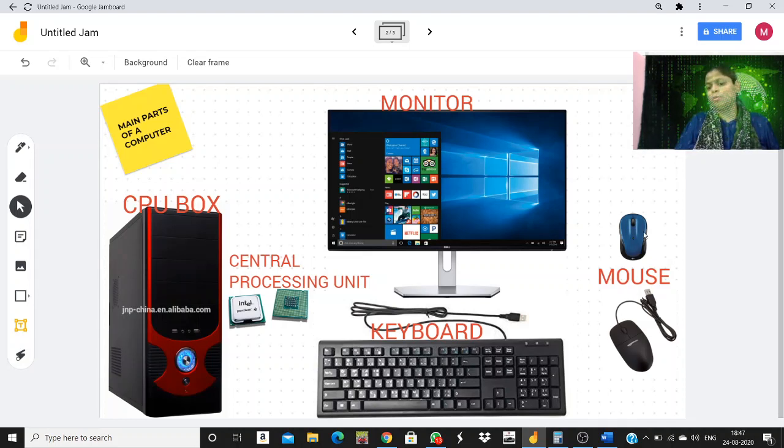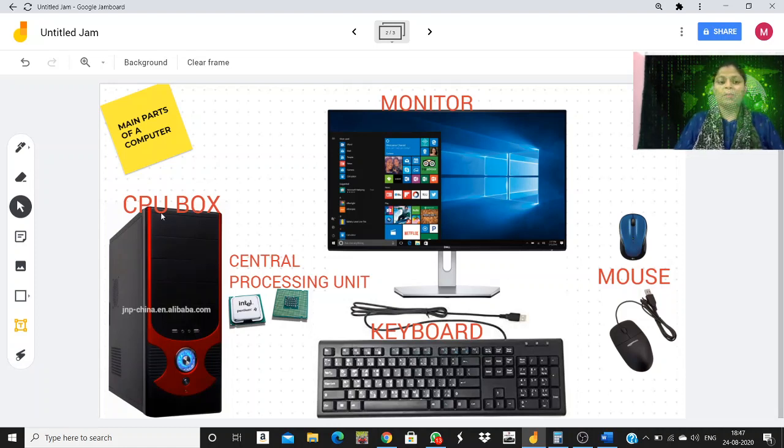See, I have pasted two pictures of mouse because this is a wireless mouse and this is a mouse with a wire which you can connect to the CPU. These wireless mouses are just like the remote controls. As you use the remote control, it works like that only. I hope you remember I have discussed this in chapter 4 also.